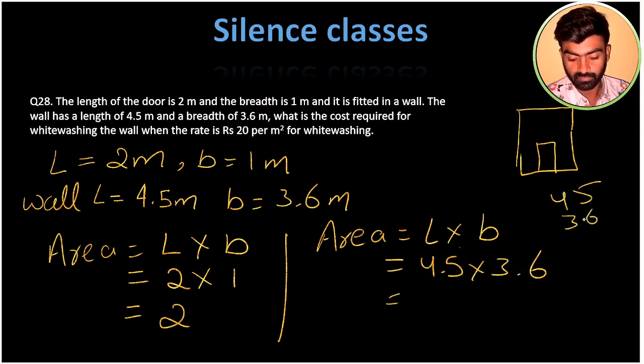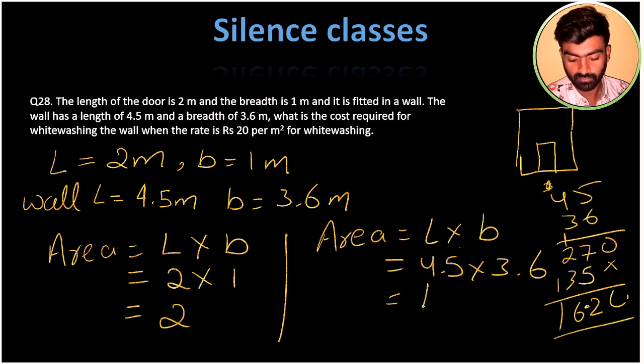45 multiplied by 36. 6 5s are 30. 6 4s are 24, 24 and 3 is 27. 3 5s are 15. 3 4s are 12 and 1 is 13. It will become 0. It will become 2 6 1. 16.20. Okay, now